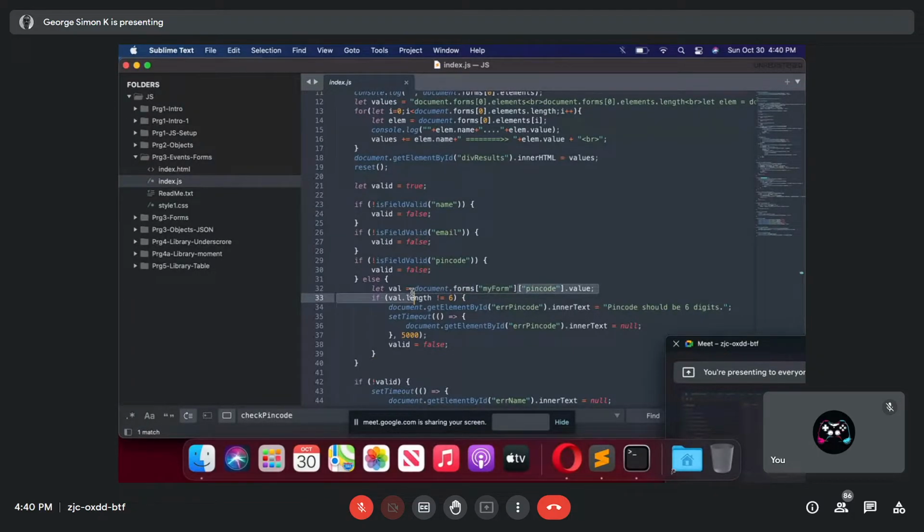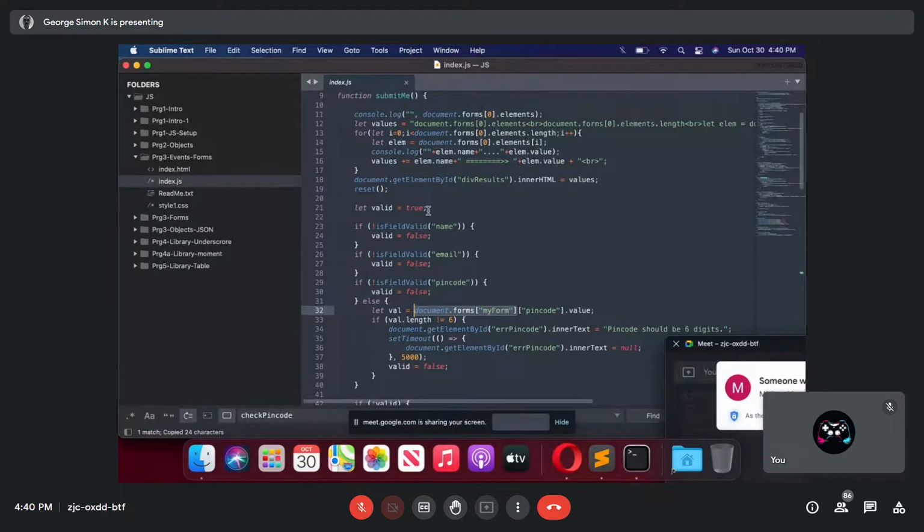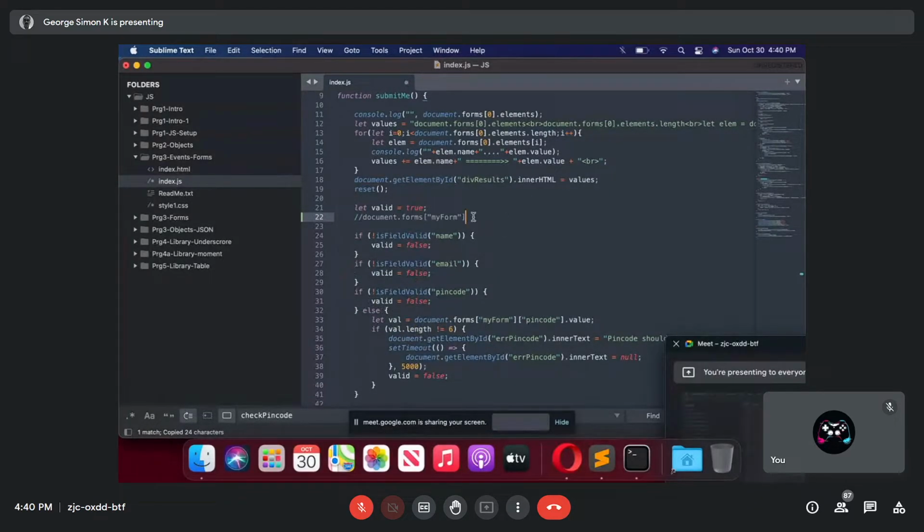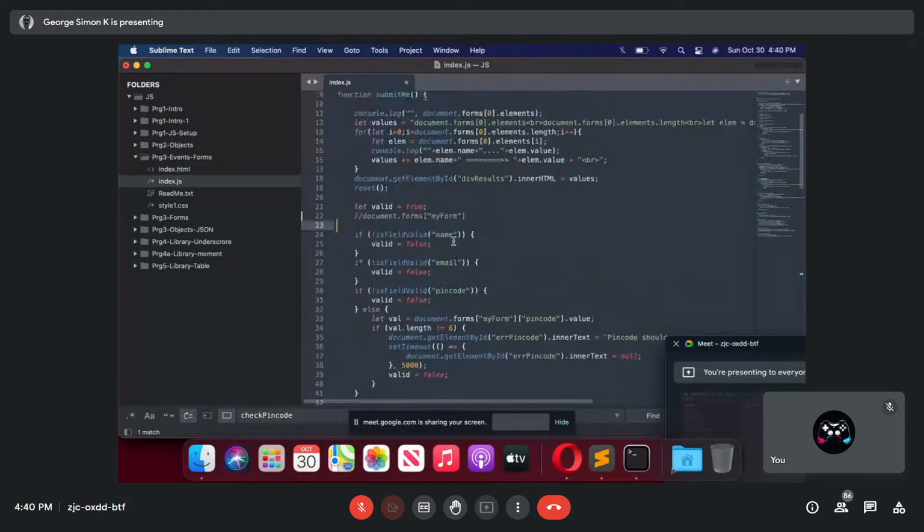You see here, this is document.forms of my form. By calling this property, I'm getting a reference to the form. And inside the form, we have several input boxes. You can get a reference to one by saying, with parenthesis, the name of the input.